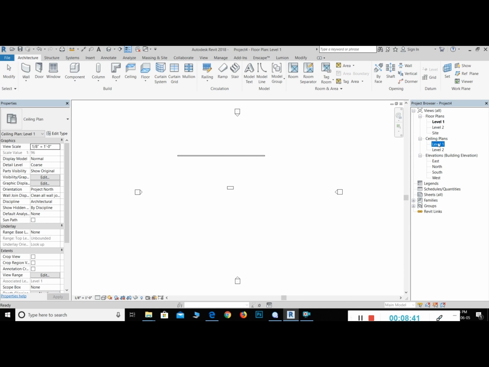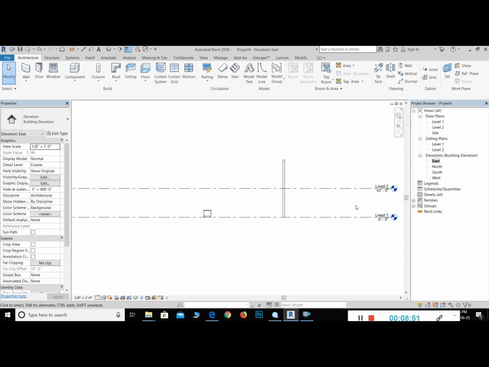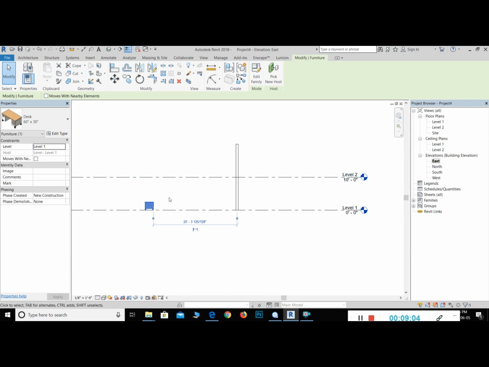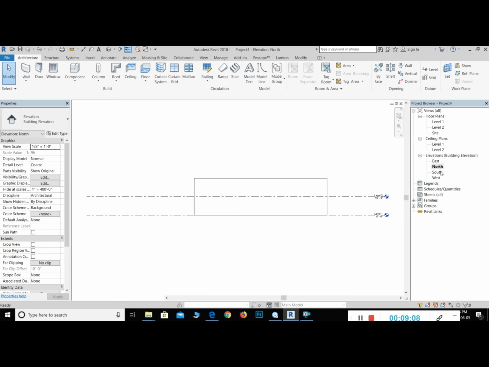And also there's a ceiling plan that you can just see on the top of your head, and also there's an elevation. As you can see, there's a level 2 and level 1. There are different levels over there, and this is the wall that we already drew before, and this is the desk that we put there before. So there are 4 different elevations,